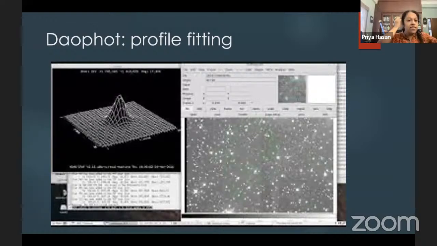So we take good stars which have a good point spread function, and we scale every star to that point spread function. If we do that, we can effectively get all the brightness of any star, right? Which is, for example, any of these stars. And therefore, profile fitting is a more correct way of doing it, but it obviously is a little bit more